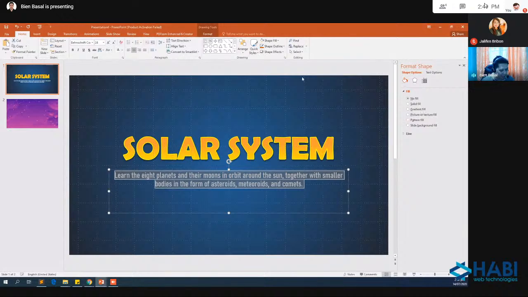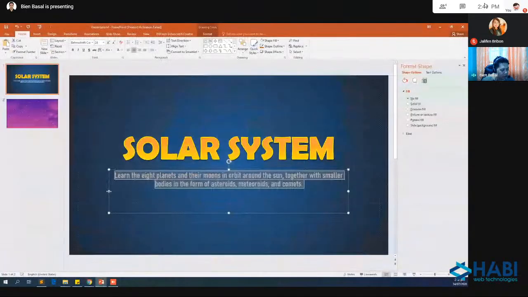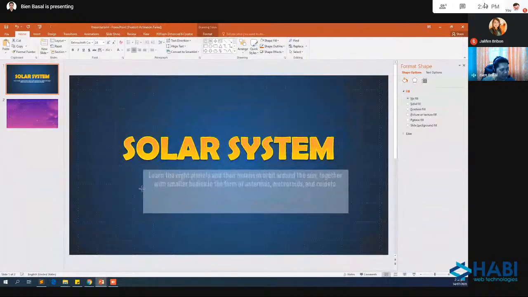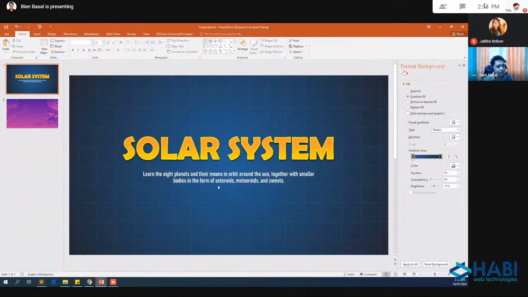And since I have po itong grid na to, yung grids na nandyan, pwede ko po siyang gawing reference kung hanggang saan ko lang po ito ilalagay. So for example, dito hanggang dyan. So meron po akong parang isang column po na space. Okay? I will highlight the text and maybe adjust the size to 18. Yan, di ba? Very simple. Wala pa po tayong ini-import na picture. These are just plain text lang po and proper color combination. Makakagawa po kayo ng ganyang design. Okay?